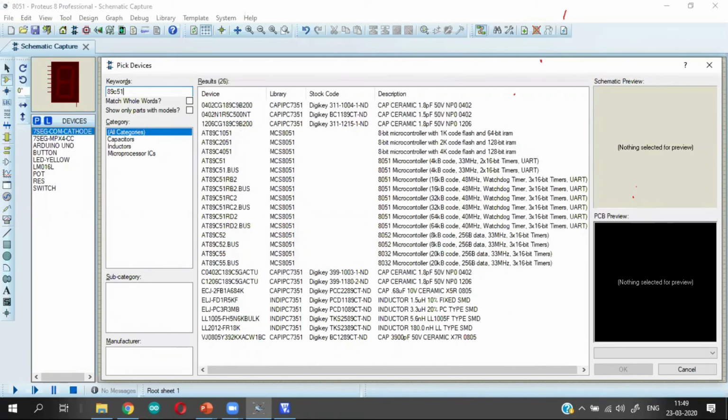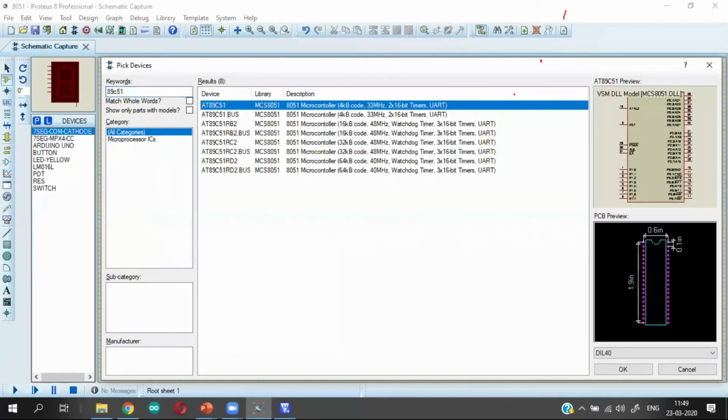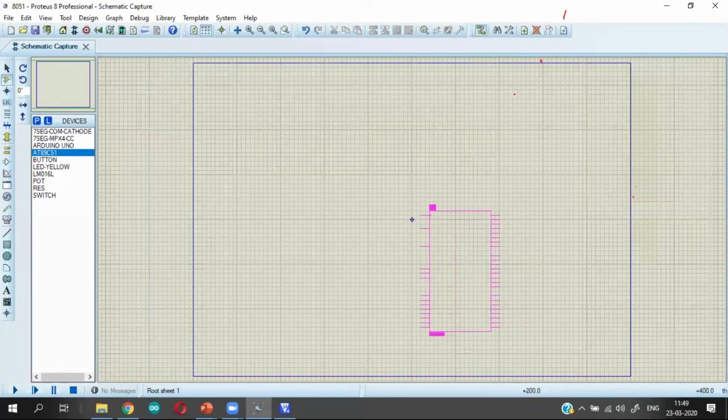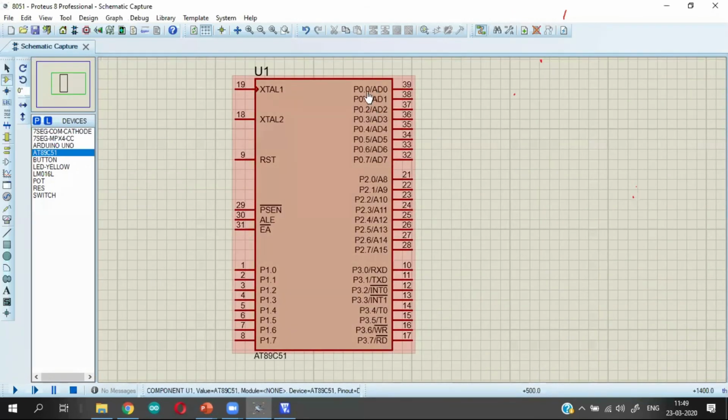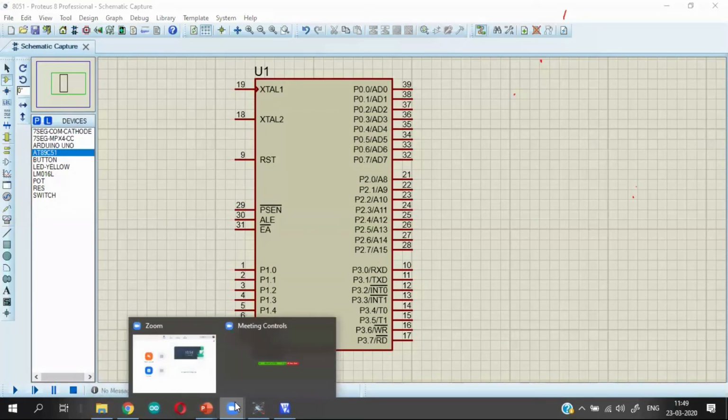C51. So here you have the parallel port. Are you able to see the Proteus window, all of you?